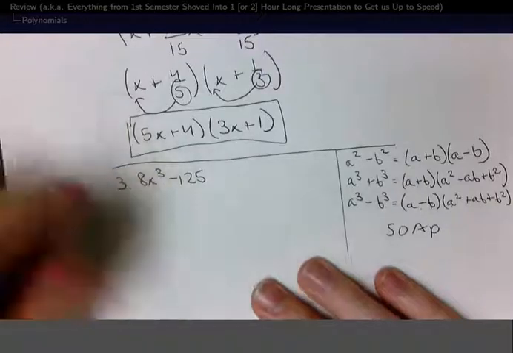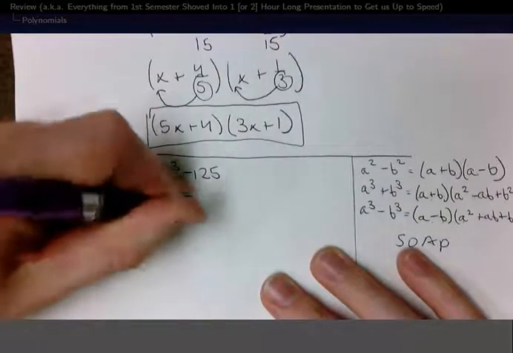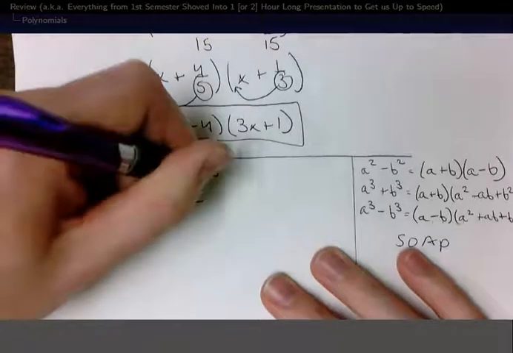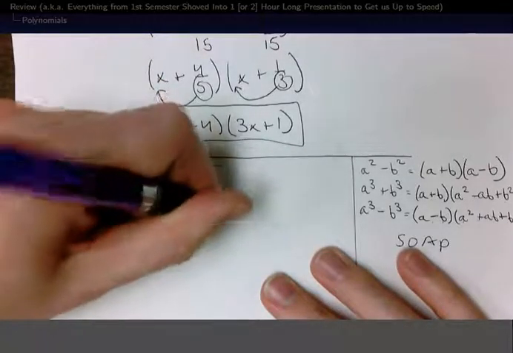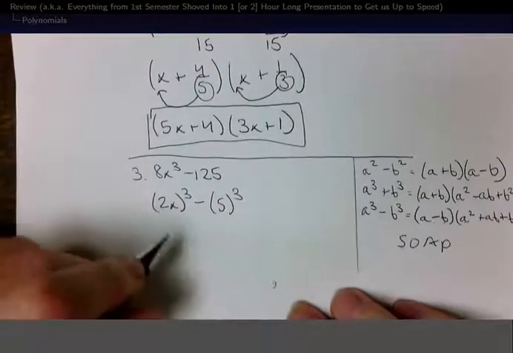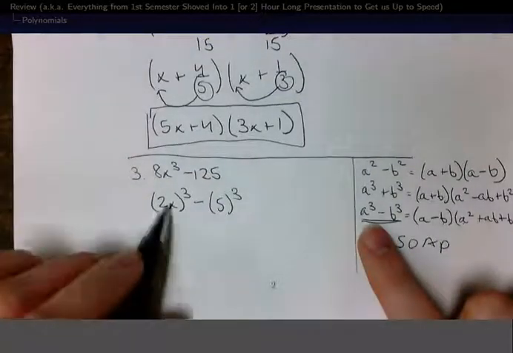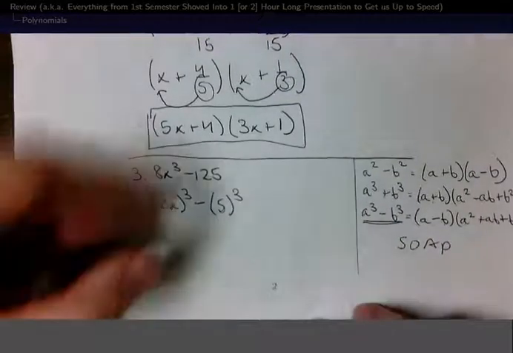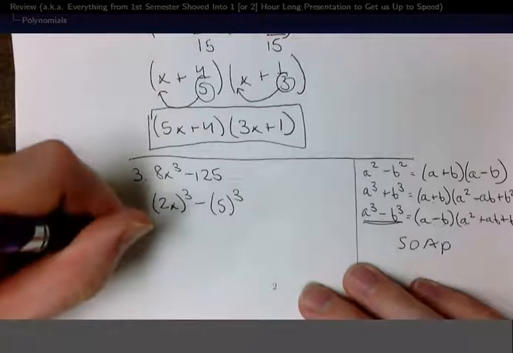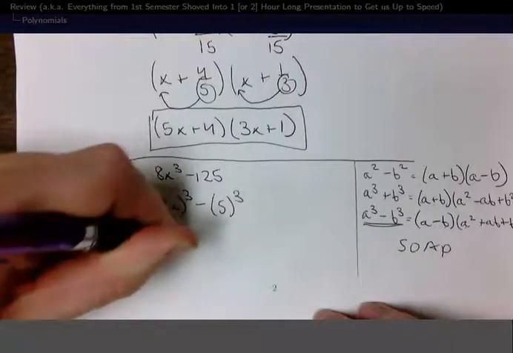So it's 8x to the third minus 125. I can rewrite this as 2x raised to the third power, and 125 is going to be 5 raised to the third power there. So here I'm looking at a case like this, where my a is going to be 2x and my b is going to be 5. To factor that expression, I have a minus b, so that's going to be 2x minus 5